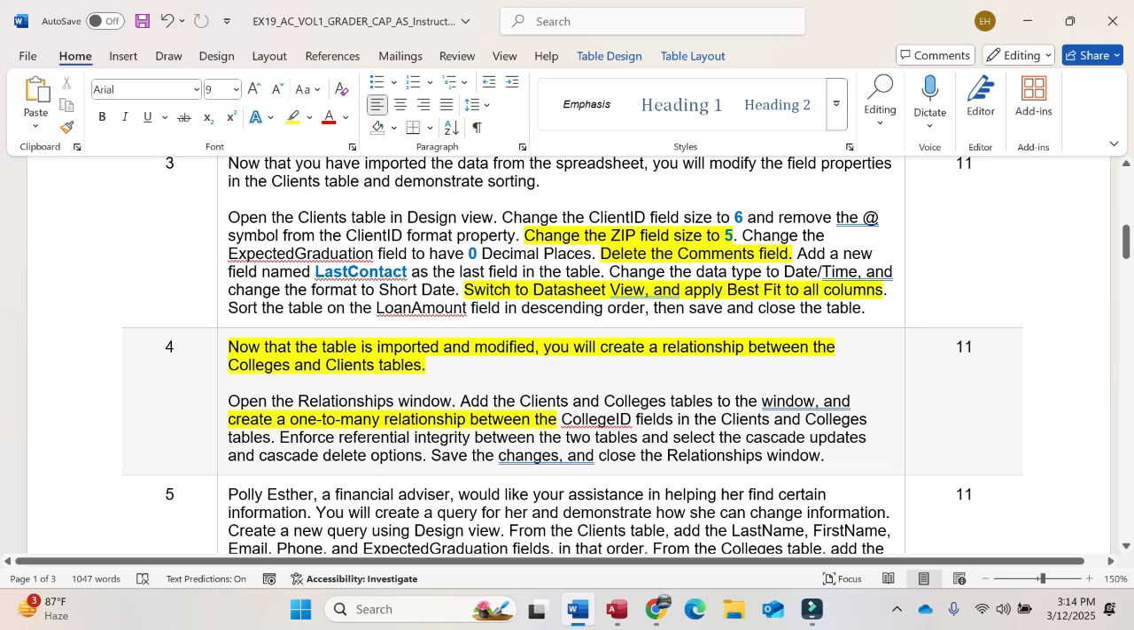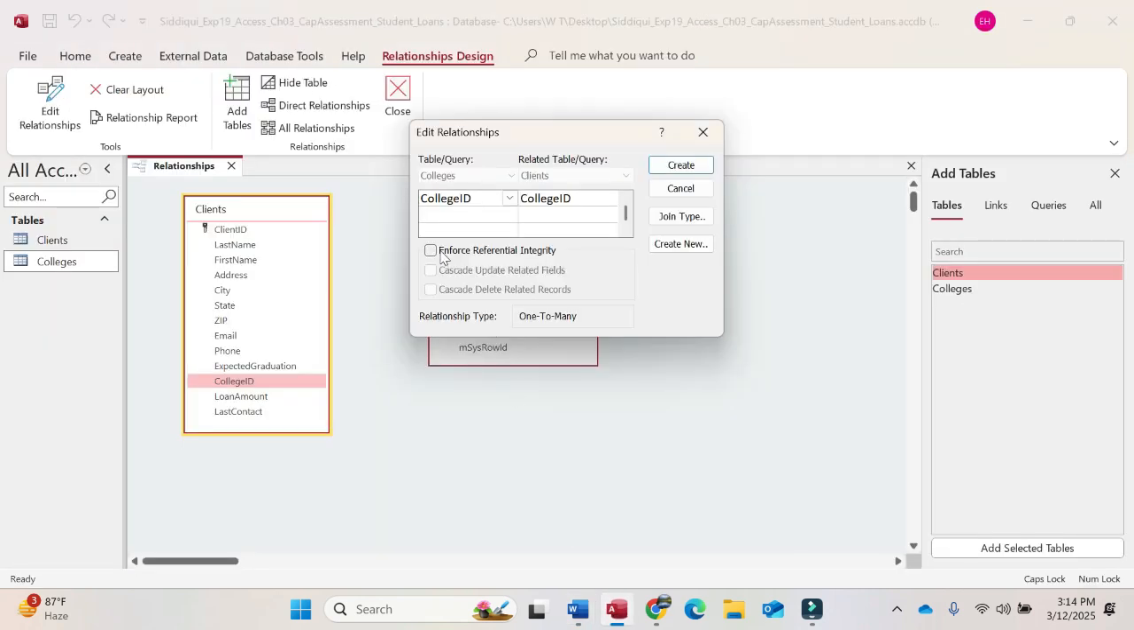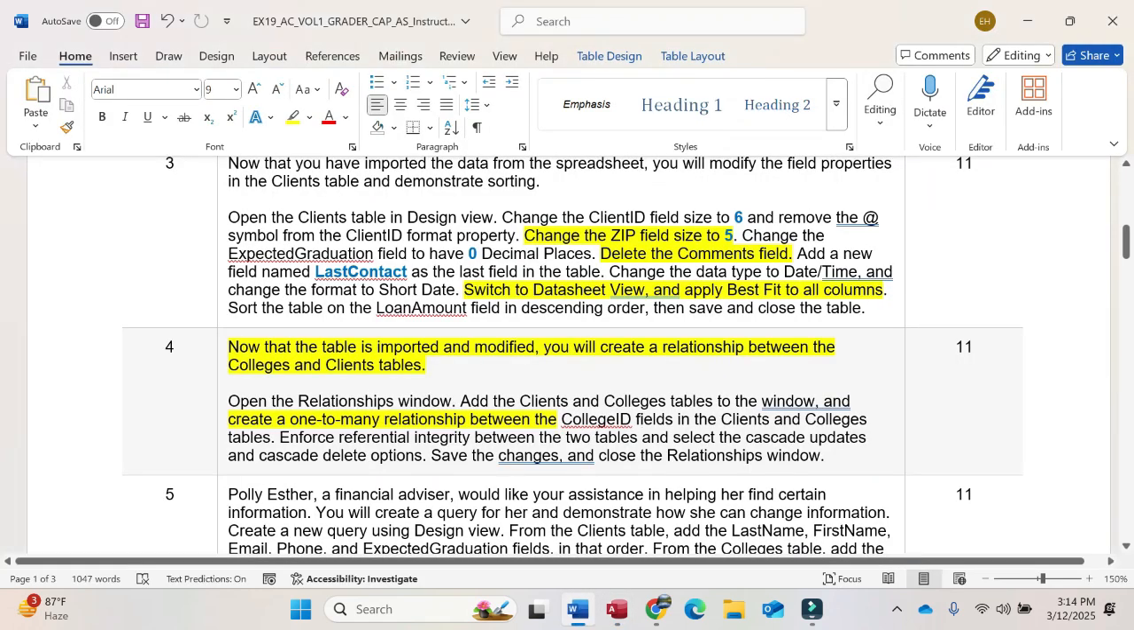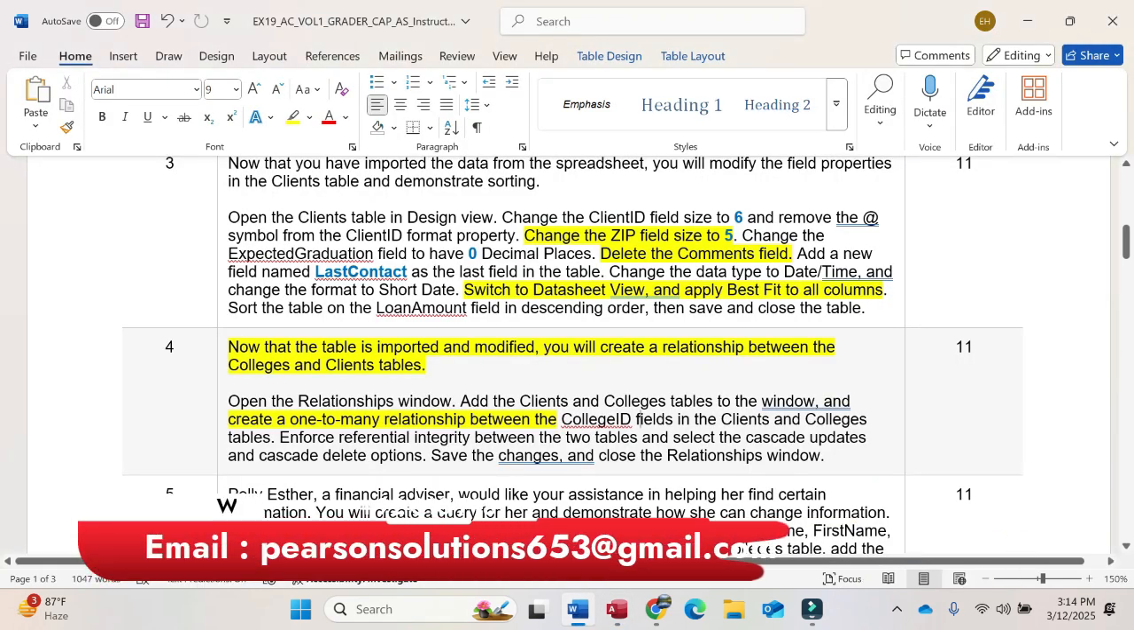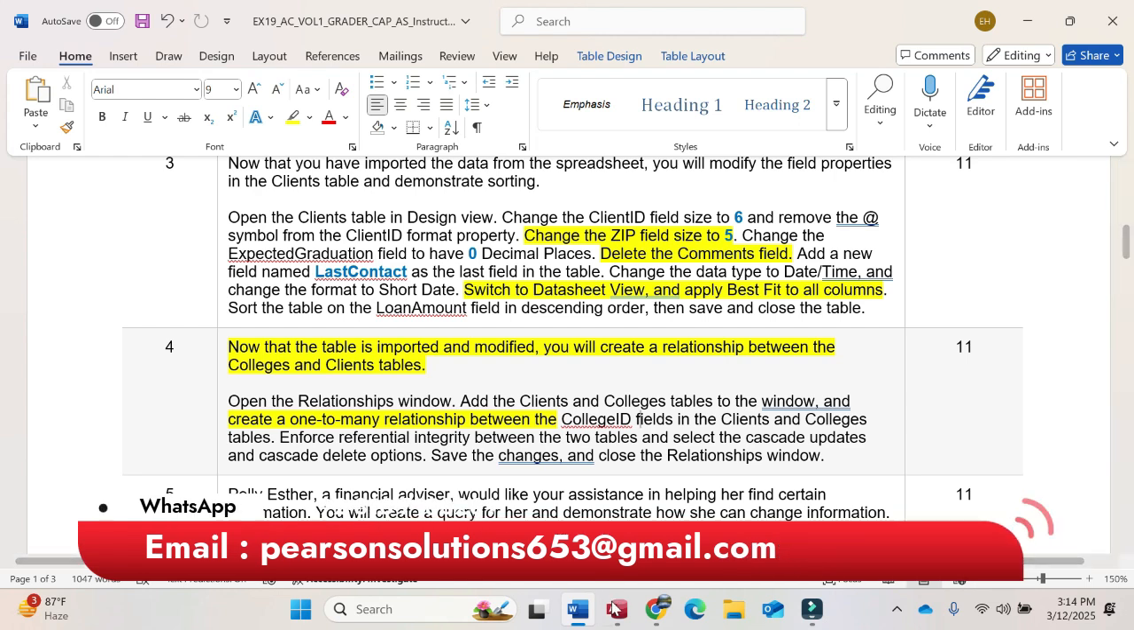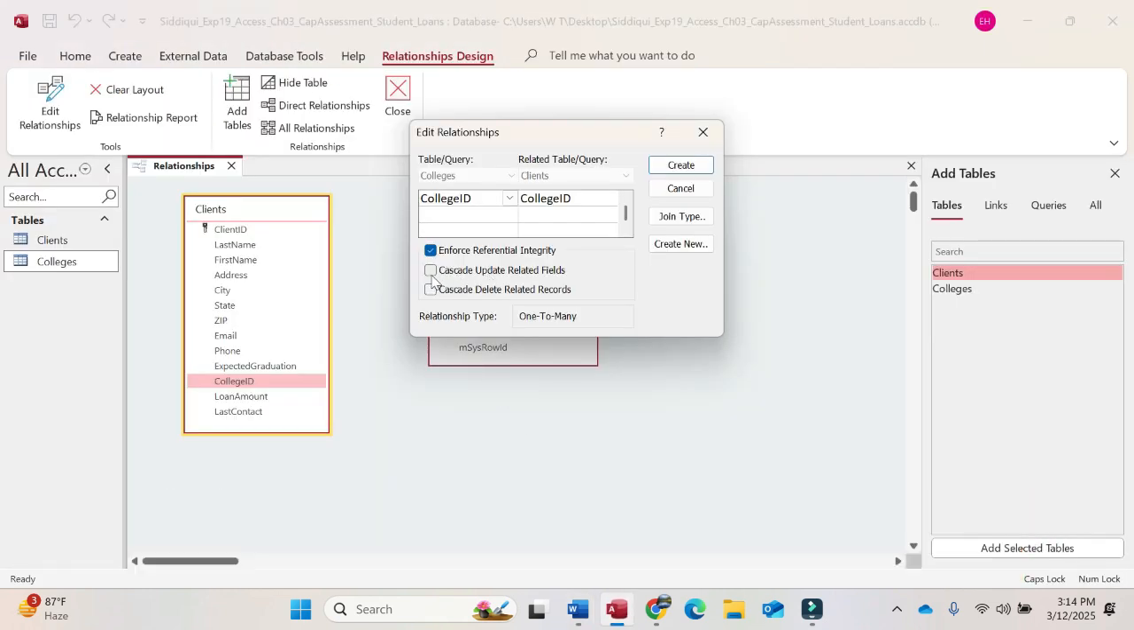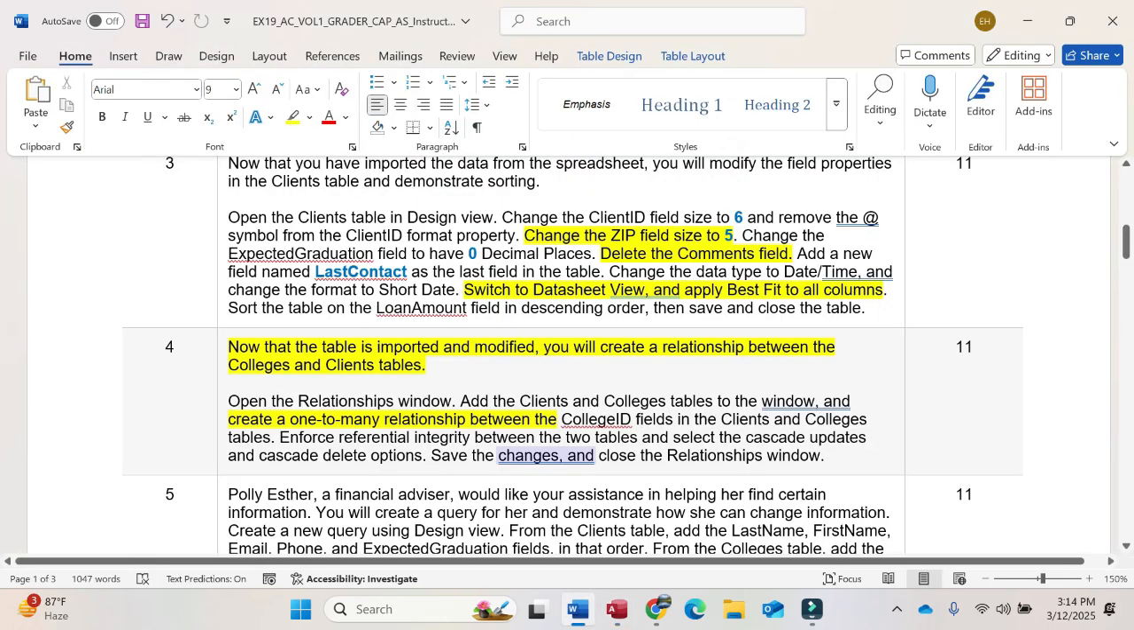Enforce referential integrity between the two tables. We have to check that box and select the cascade update and cascade delete options. We have to check all of these 3 boxes: cascade update related fields, cascade delete related records, enforce referential integrity. Okay,